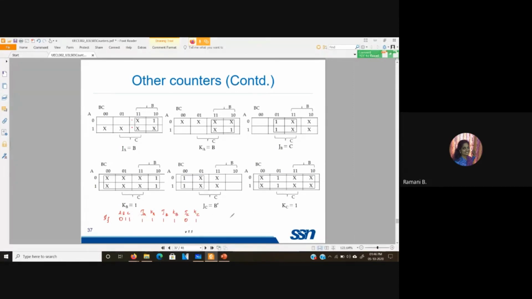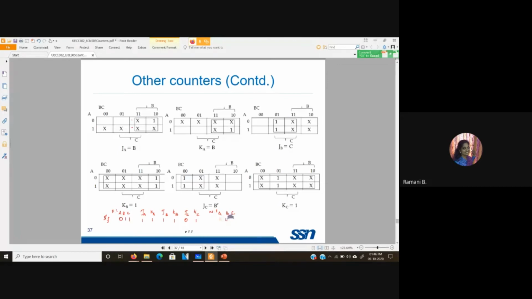So with this case, what will be the next state? So this is present state. Let us see what is going to be the next state ABC. Okay. So here present state is 0. JK values are 1. So it is a complement condition. So A value will become 1 over here. And here again JB, KB is 1. However, the present state is 1. So the toggle condition will give me 0.